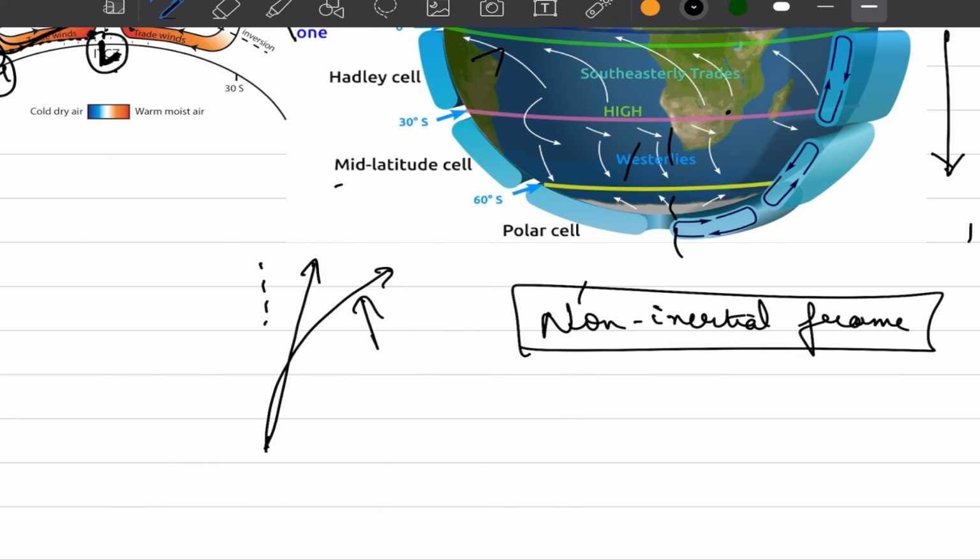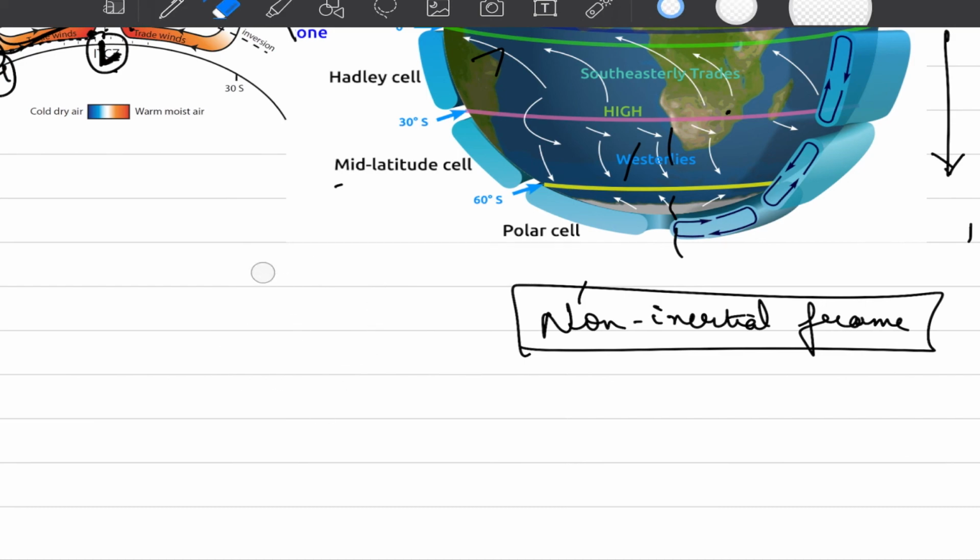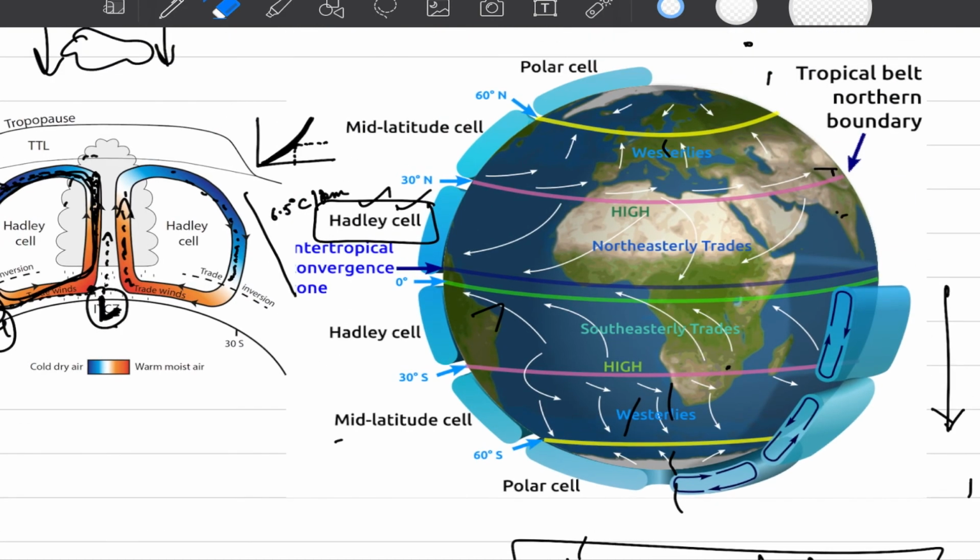But this curvature happens because of the non-inertial frame, or the perspective from which you are seeing the motion. Now, when we consider that all of us are sitting on this Earth, and we are watching this experiment from the Earth, we would see that the air does not take a straight path, just because of this pseudo force acting because of the non-inertial frame that Earth happens to be because of its rotational aspects.